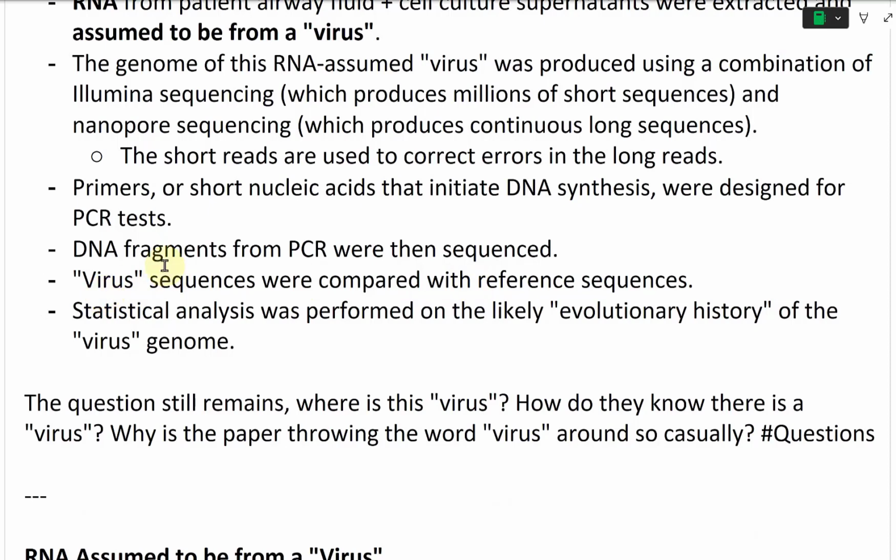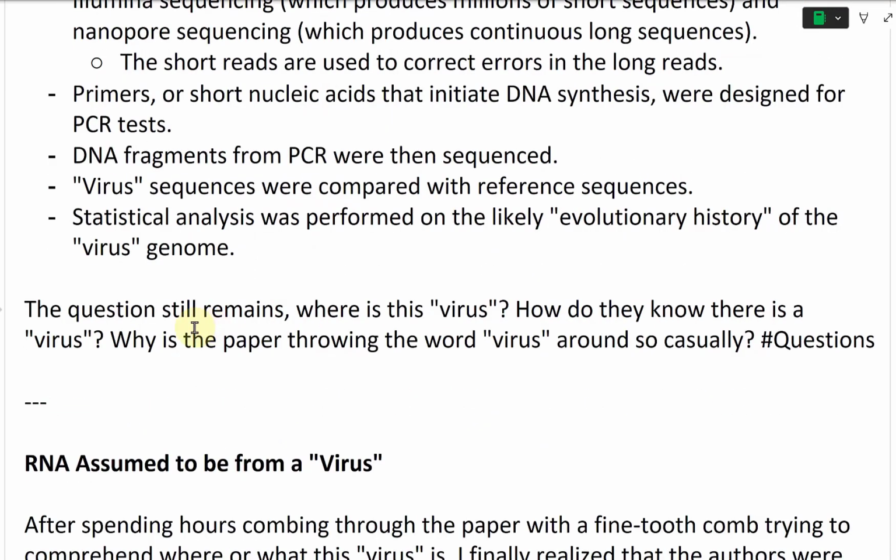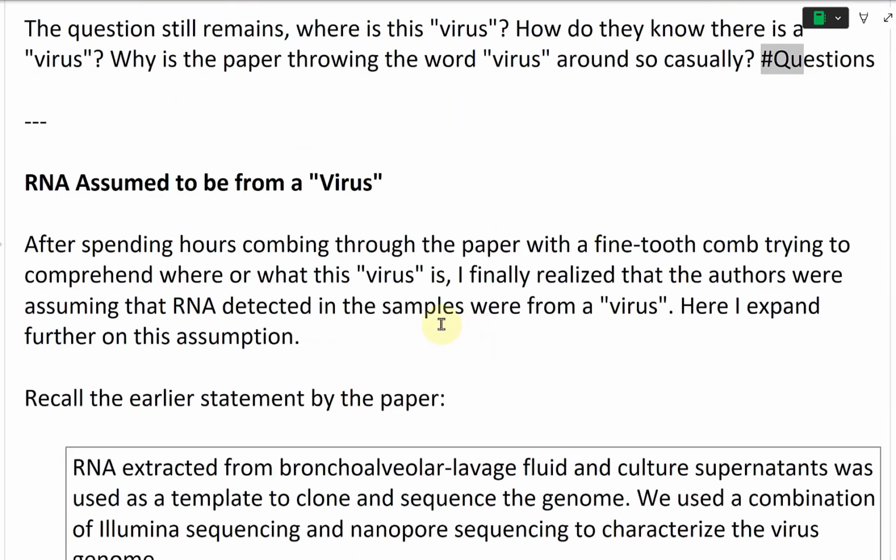And then going further, the, quote, virus sequences were compared with reference sequences, and lastly, statistical analysis was performed on the likely, quote, evolutionary history of the, quote, virus genome. And now the question still remains: where is this, quote, virus? How do they know there is a, quote, virus? Why is the paper throwing the word, quote, virus around so casually? Questions. And now the next